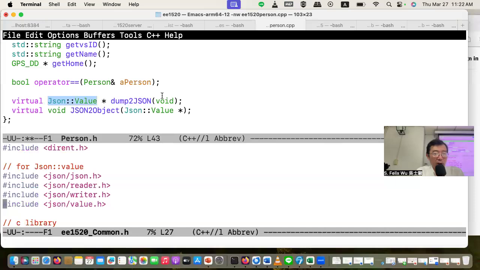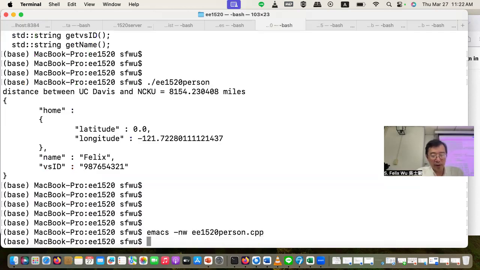Let's take a look at what that function is. That function was declared under person.h. Remember, this is a declaration, so we have to go to the implementation, which is the definition file.